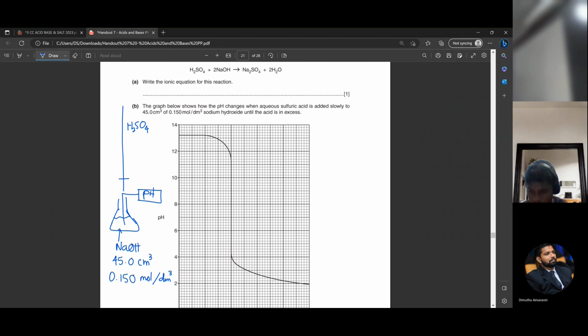So from this, what can you find directly about sodium hydroxide? What can you find here? Volume is known, concentration is known. What can you find? Moles. n equals c times v gives the moles. Then, using stoichiometry, you can find the moles of sulfuric acid. The moment you see that, right, you should